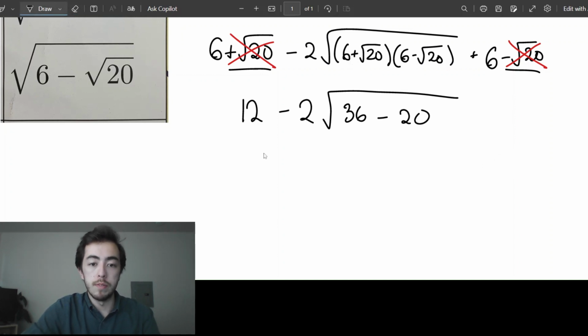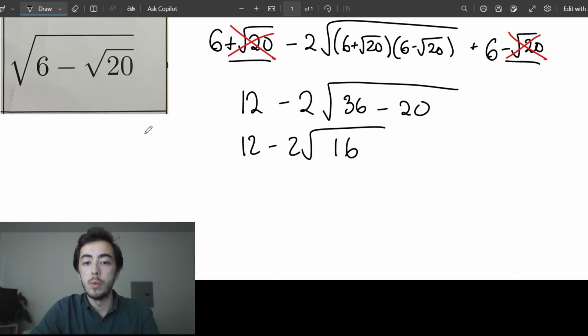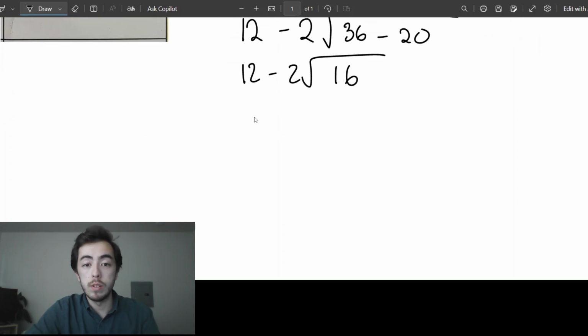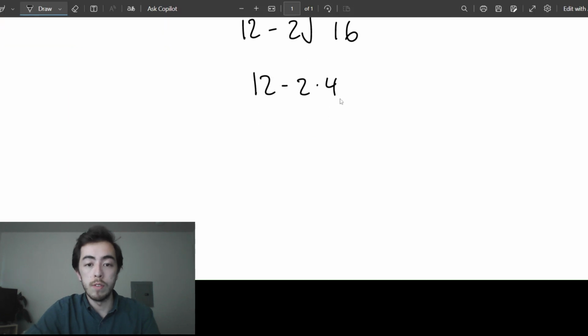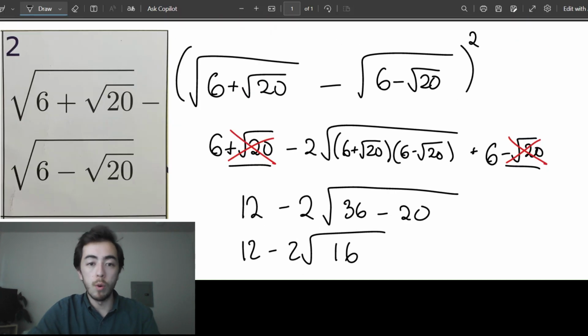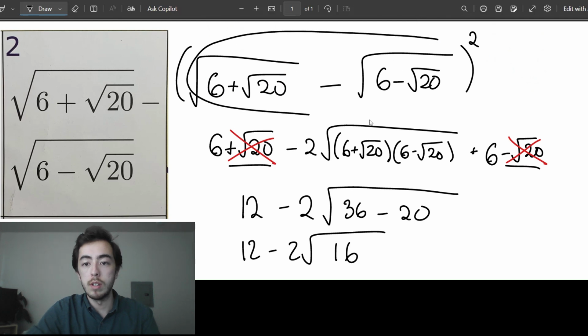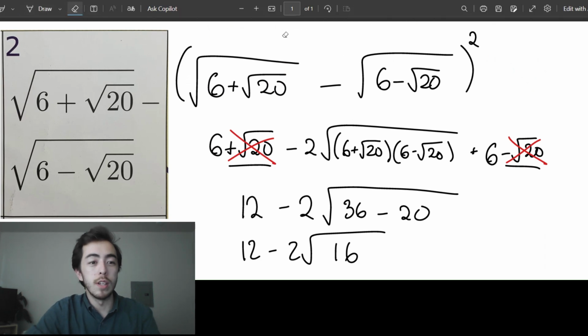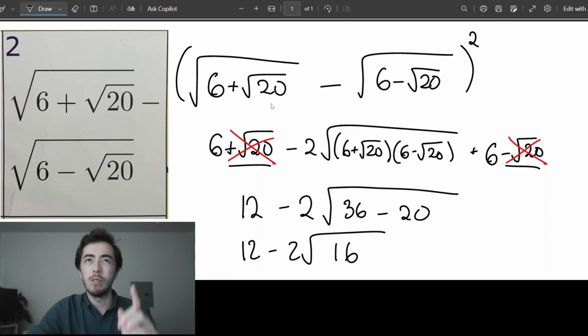And we could simplify what's underneath the square root sign. 36 minus 20 is 16. We could simplify our square root. The square root of 16 is 4. Order of operations says to do the multiplication before we do the subtraction, and then finally we get subtraction. So we get 4 after squaring this number, and so that must mean that our number here is 2,